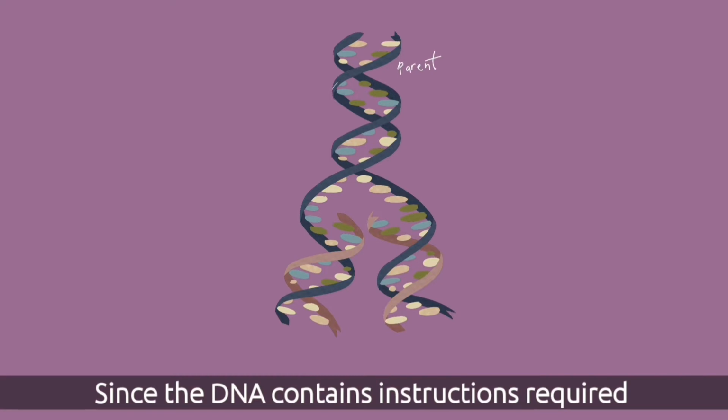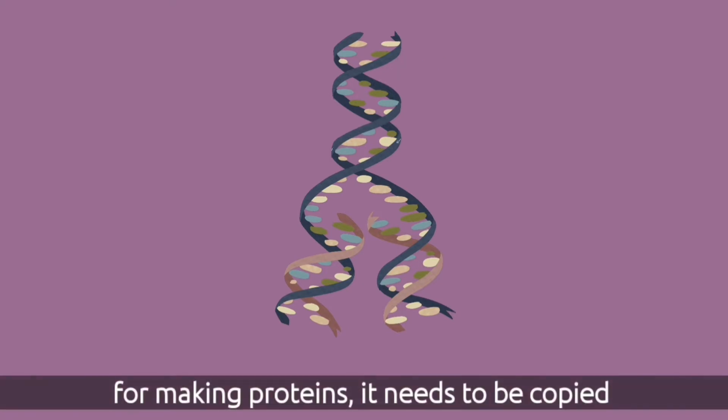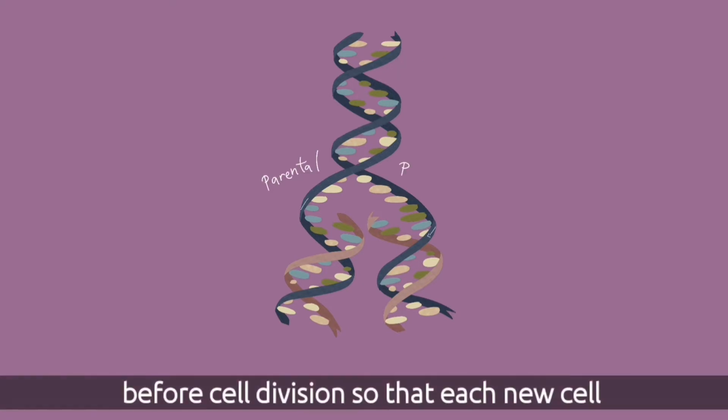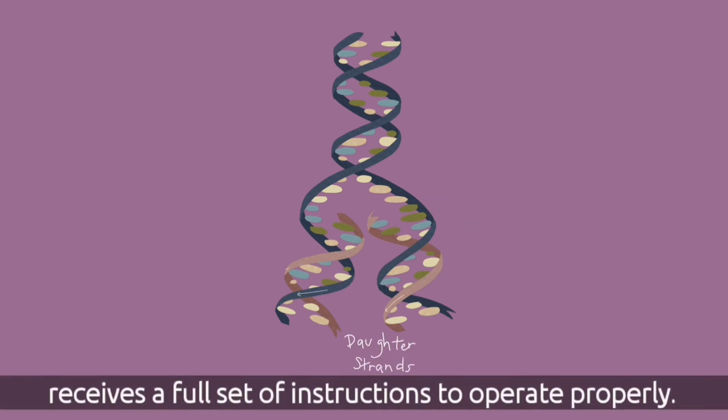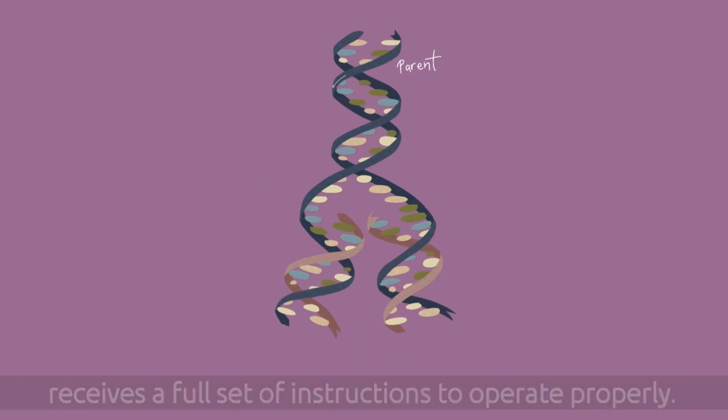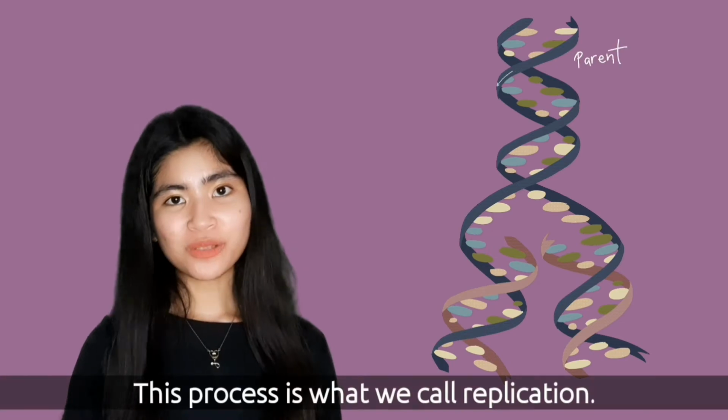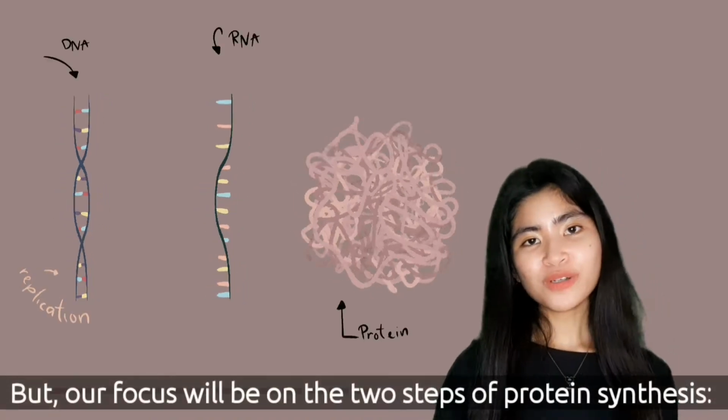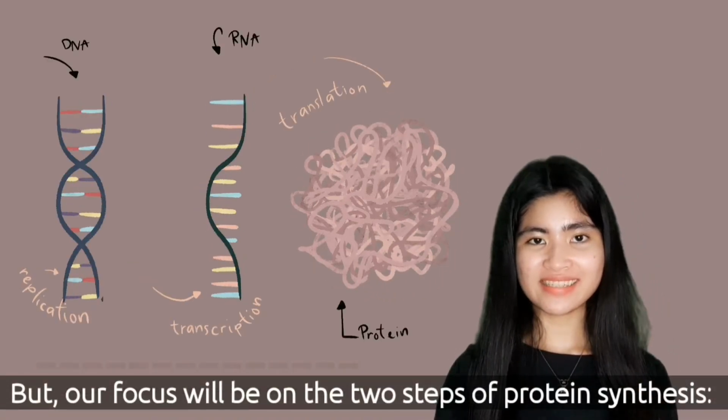Since the DNA contains instructions required for making proteins, it needs to be copied before cell division, so that each new cell receives a full set of instructions to operate properly. This process is what we call replication, but our focus will be on the two steps of protein synthesis, transcription